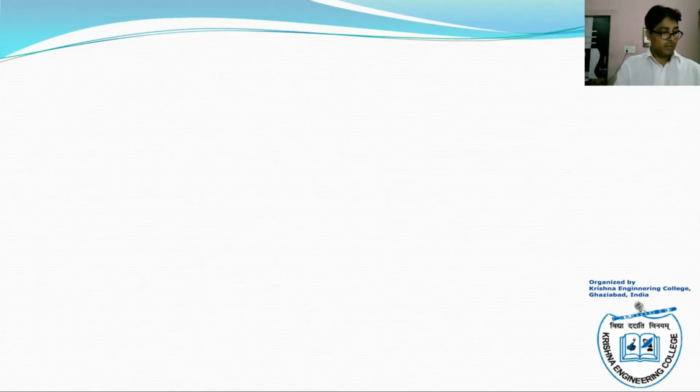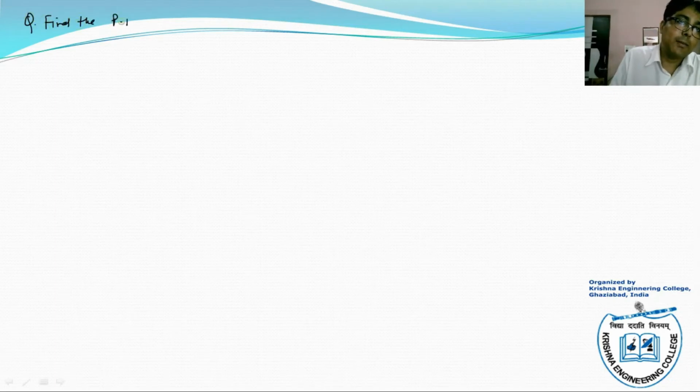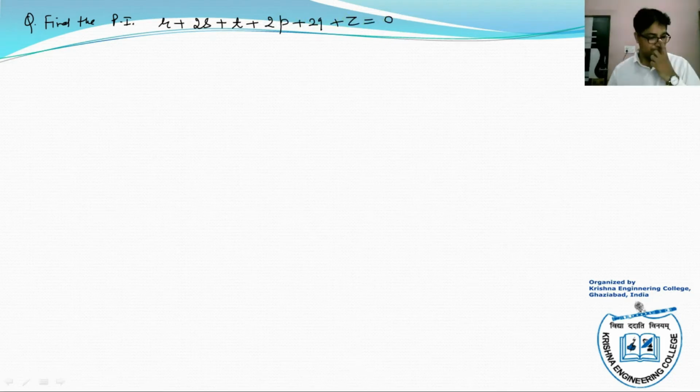Now we learn another problem. Find the PI. Question: find the PI. R plus 2s plus t plus 2p plus 2q plus z is equal to 0. Clear? We know that